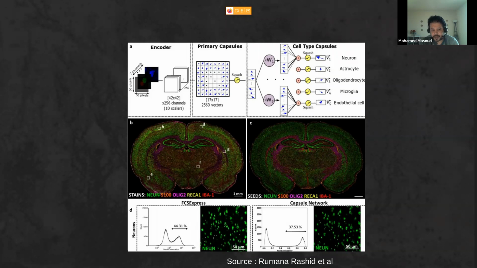So they tried to use a type of network here, which is the capsule network.